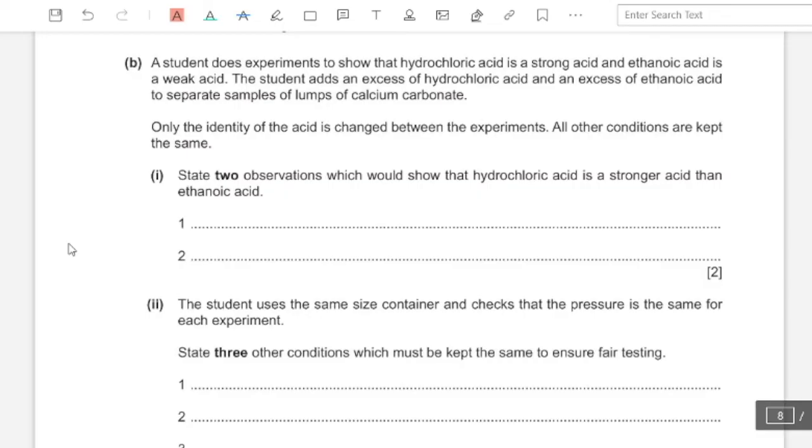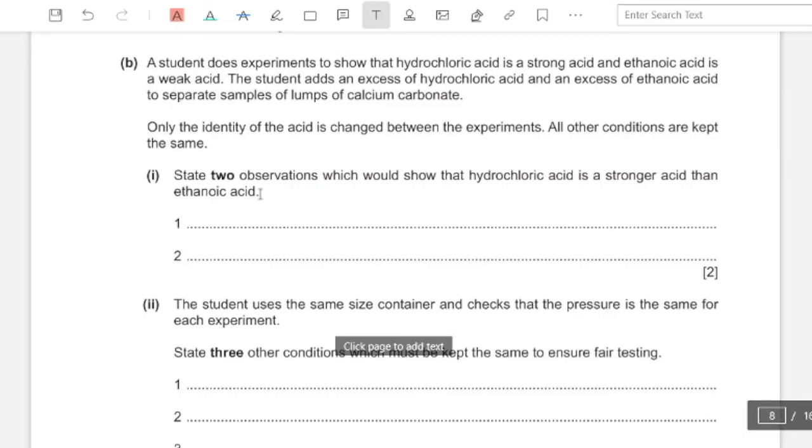So since hydrochloric acid is stronger, it is going to be completing the reaction faster, which means we're going to be getting the carbon dioxide bubbles. Since this is a carbonate salt, we'll be having more bubbles or faster bubbles, and the solid will also get dissolved, or the reaction would be completed faster. So one of the observations is that the solid dissolves faster,